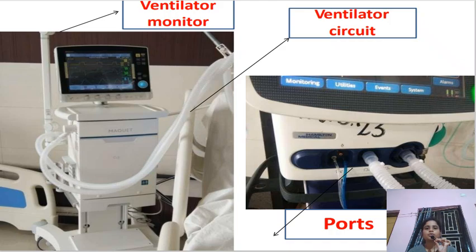So these are the ports. These are the ports of the flow sensors. These are the ventilatory ports. One is for inspiration, another one is for expiration. Flow sensor, I will show you what a flow sensor is. Flow sensor is a device which is not required in every ventilator, but in some ventilators flow sensors might be required. This flow sensor helps to monitor all the patient's parameters when it is connected